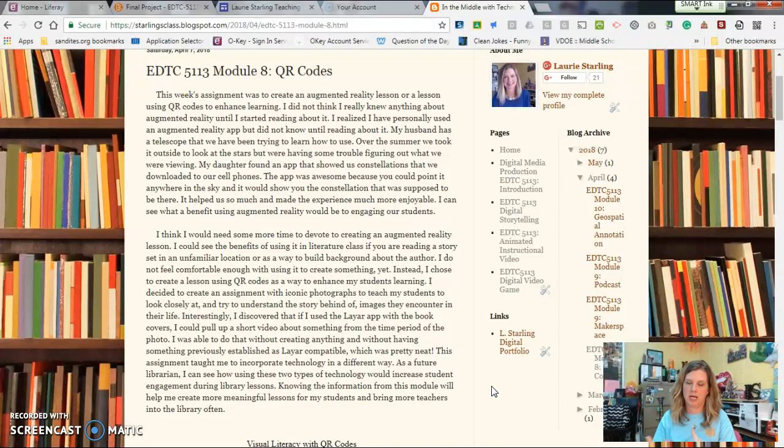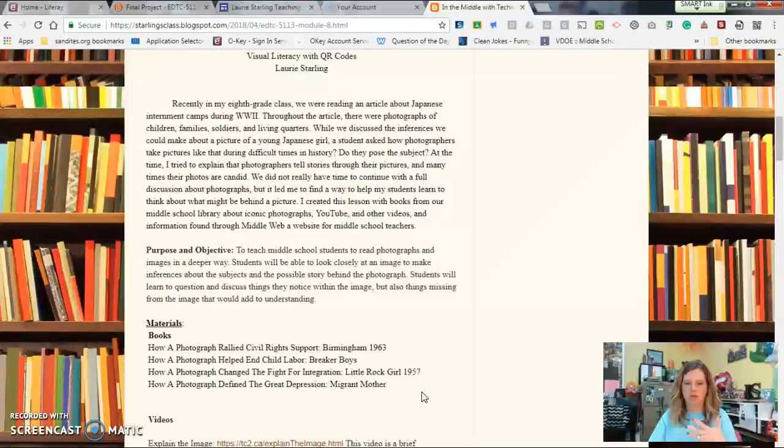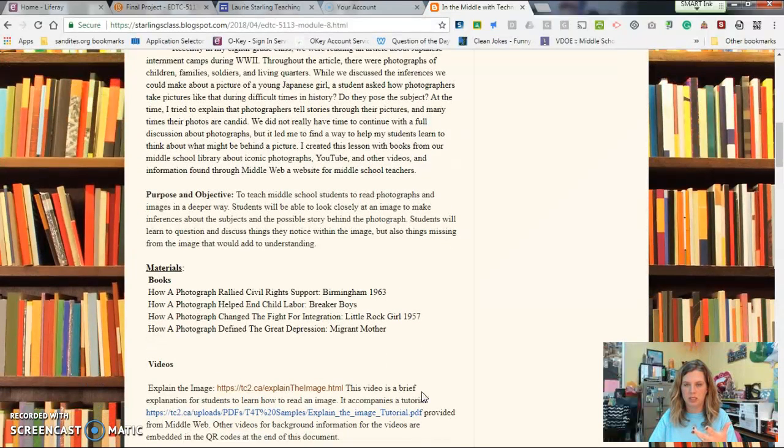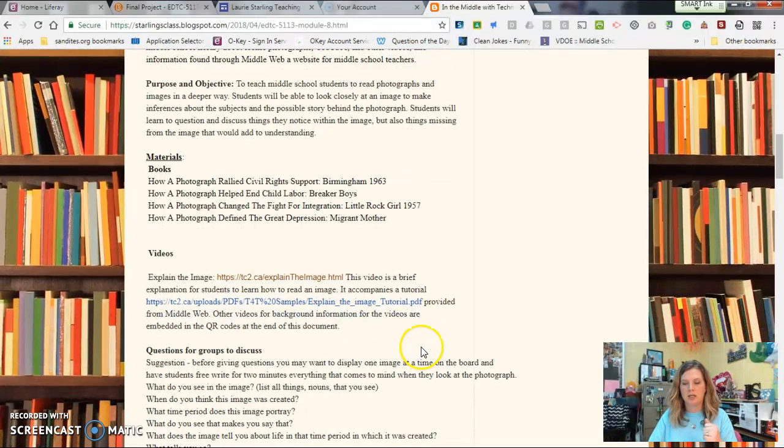My librarian and I had a conversation about iconic photos, and she showed me that she had some books in the library about certain iconic photos that many of us are familiar with. So I decided to do a QR lesson that incorporated those books, as well as videos for behind the scenes information about the photos